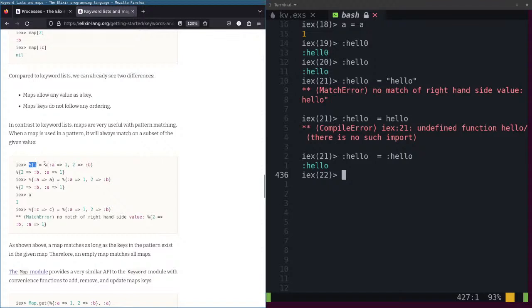This is an empty map. A, key, value, parameter.